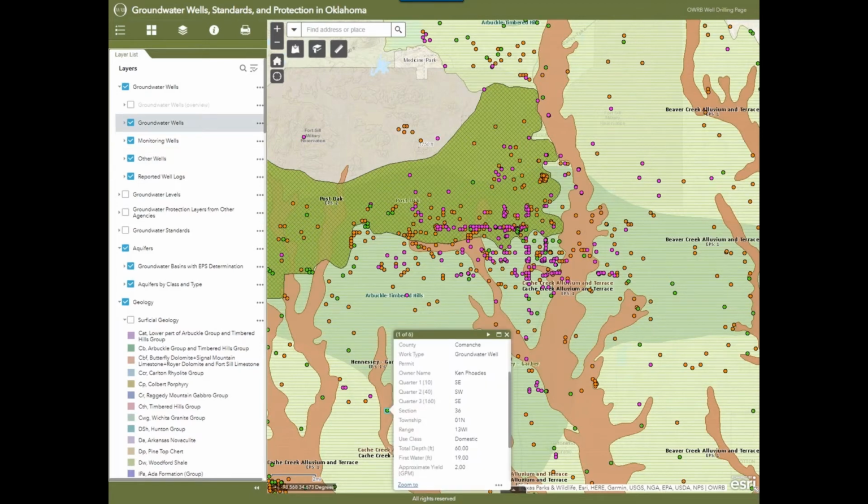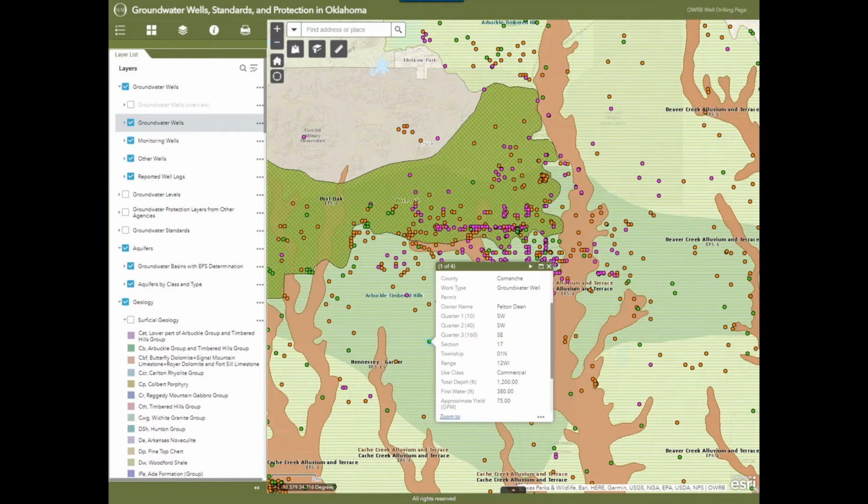And then I said groundwater wells, and it has the same sort of information available. There are 6 wells at this location. It tells you what the yield is, so you've gained some information: it's a shallow well, only 60 feet deep, so it's probably in that alluvial aquifer. There's a lot to learn from looking at all this, and it's pretty interesting. You have a pretty nice site. Just another example, this is a deeper well. It's 1,200 feet deep. It's commercial.